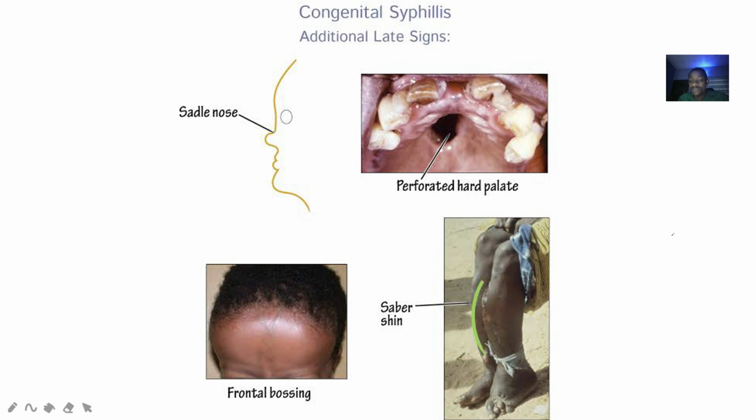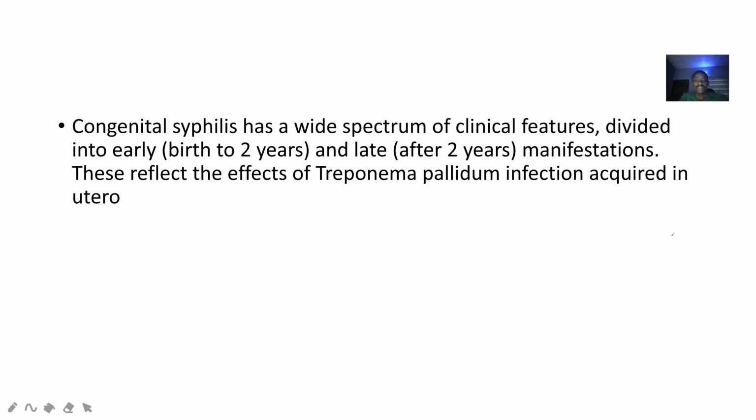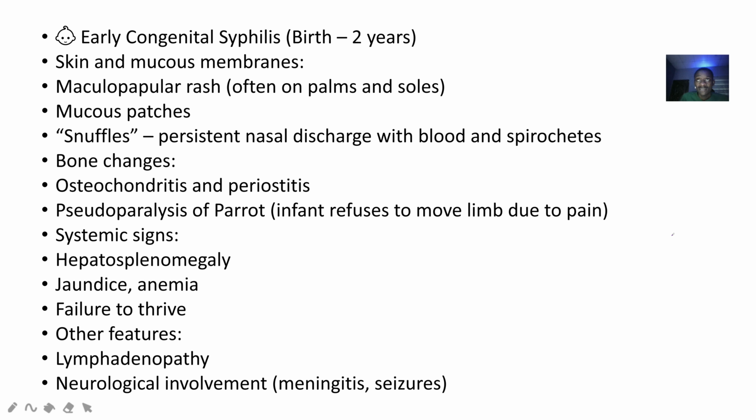So congenital syphilis, the person is having it as a result of they were born with it. So congenital syphilis has a lot of clinical features which you can see early on in birth and also the ones that you can see later, we should be looking at. So for the ones that you see early on in birth, that's like the person was born from birth to 2 years. So on the skin and mucous membrane,